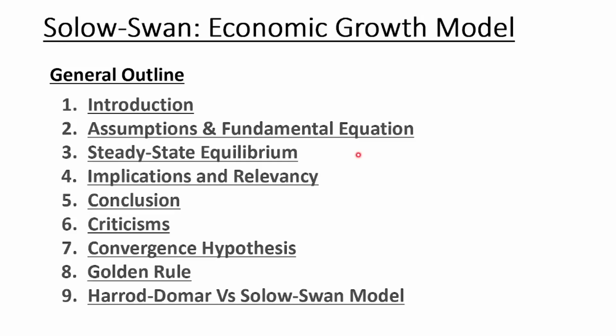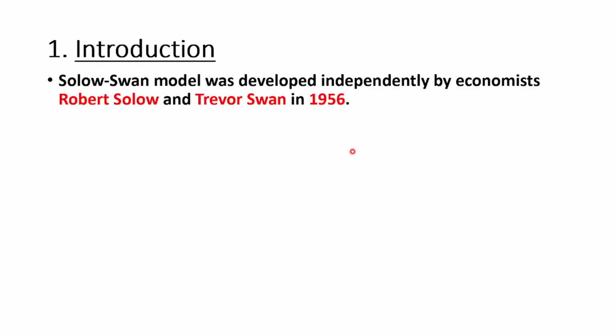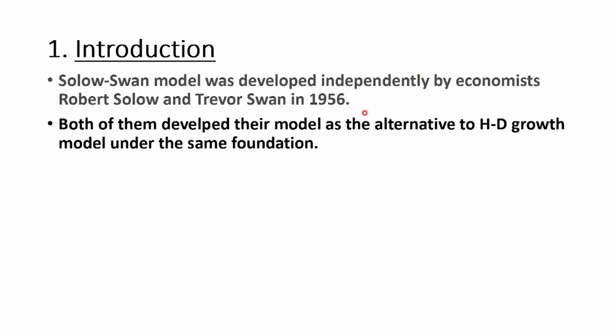Okay, now let's go to introduction. Solow-Swan model was developed independently by economists Robert Solow and Trevor Swan in 1956. That's why it is called Solow-Swan model, or simply SS model. SS model got the Nobel Prize in the year 1987 because it provides the theoretical framework to analyze the factors behind economic growth. And similarly, both of them developed their model as the alternative to Harrod-Domar or SD growth model